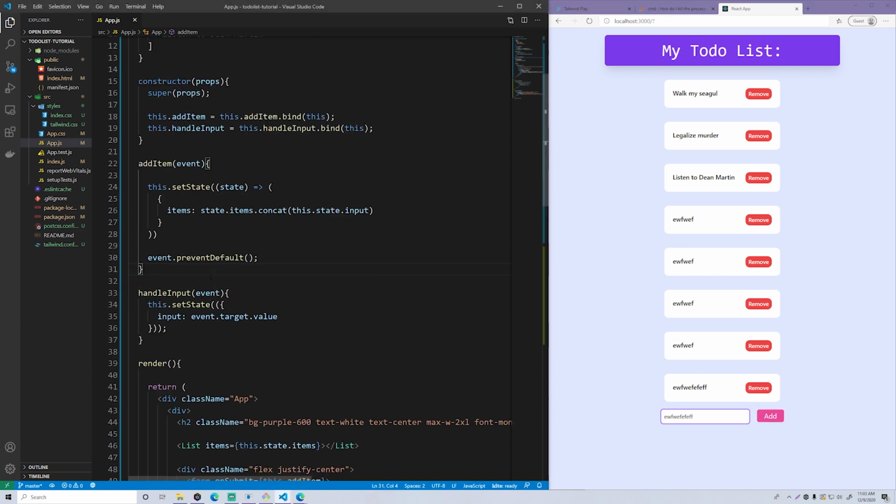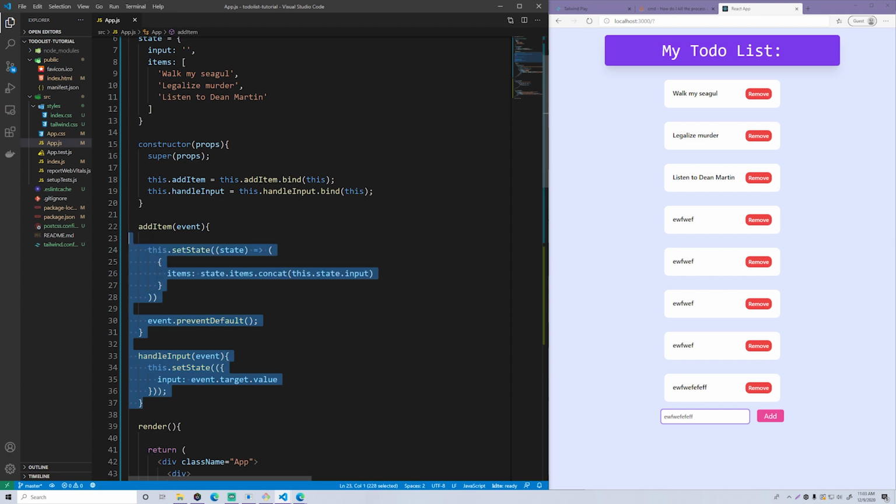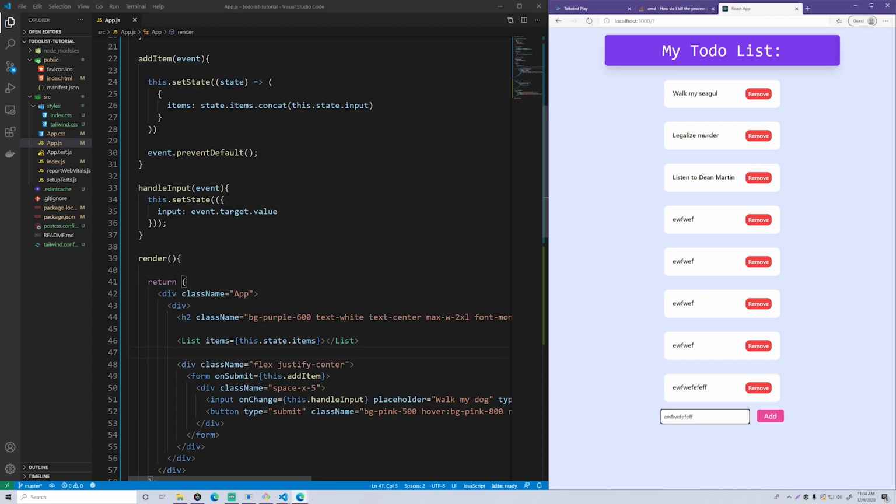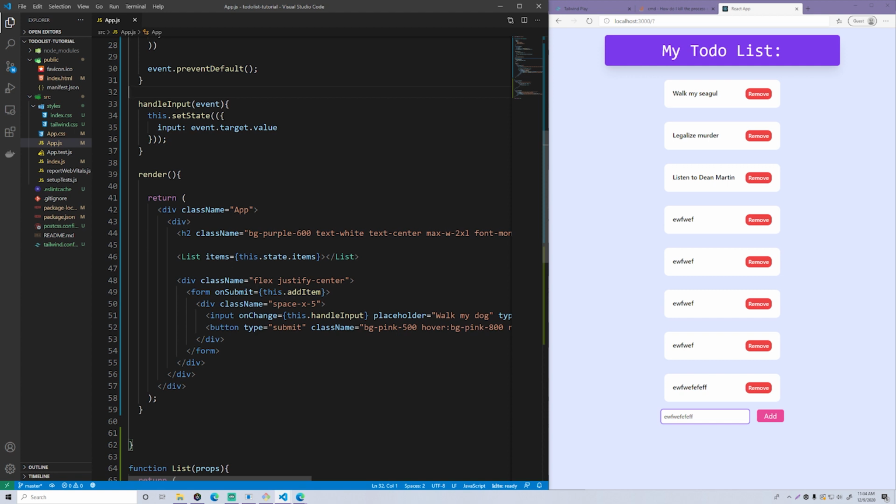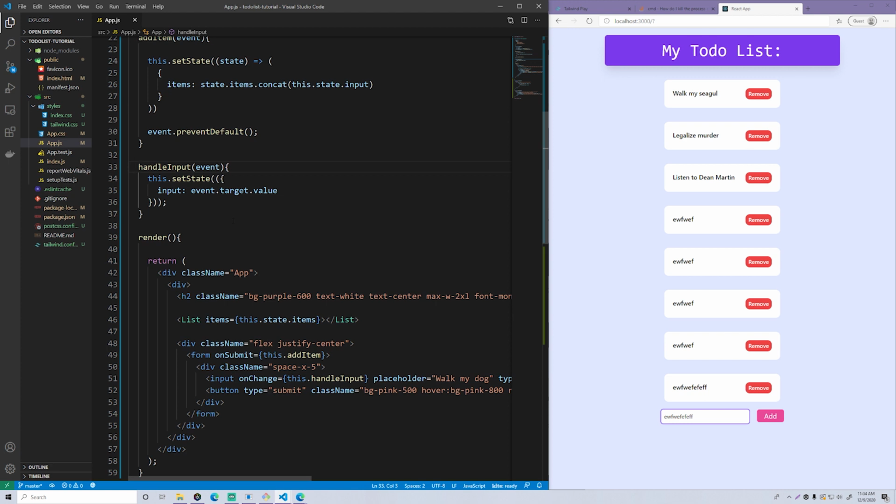So you can add whatever you want now. Pretty cool, right? Okay, so let me just recap what's happening here real quick. We have these two new functions which are going to help us handle the events. The first is the handleInput function. Whenever you type something or change something within the input box, that event is going to be passed to this handleInput function. And within that, you can handle the event however you want.